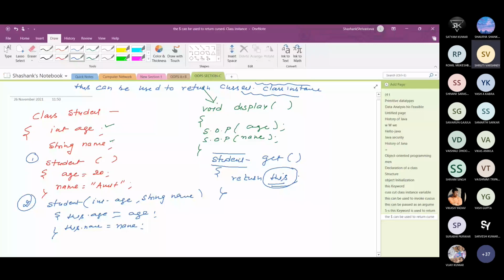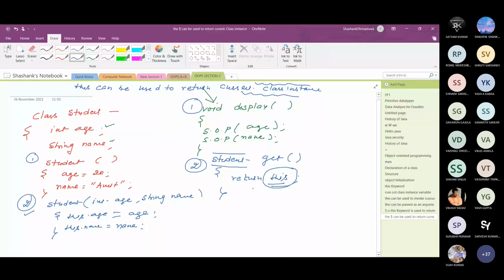Student type. Suppose in this particular class there are two constructors. The first is a no argument constructor, the second is a parameterized constructor. And suppose there are two methods, one is the display method, another one is the student get method.